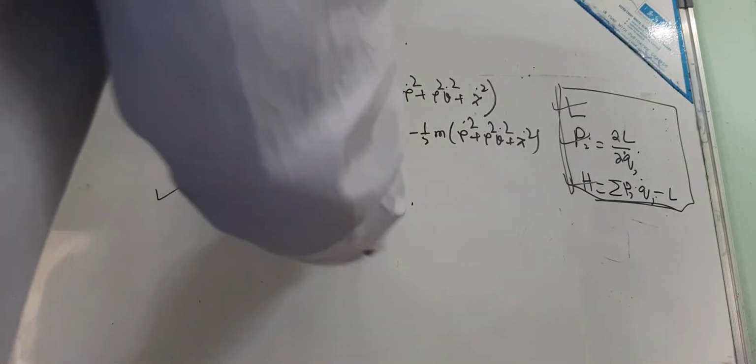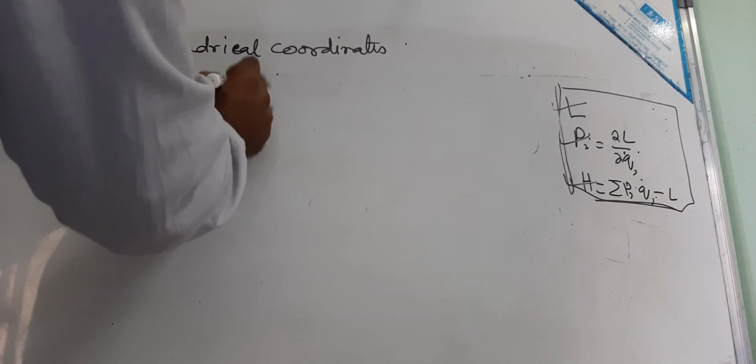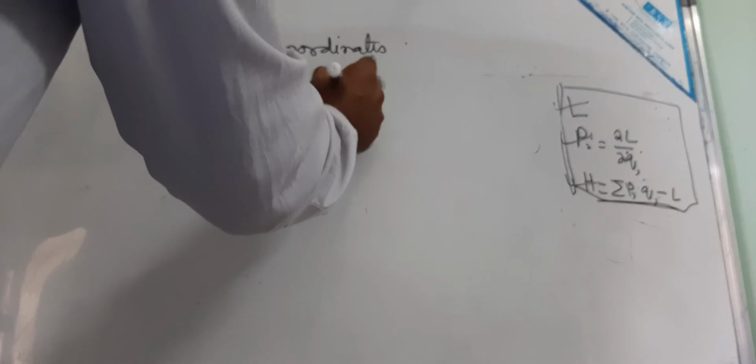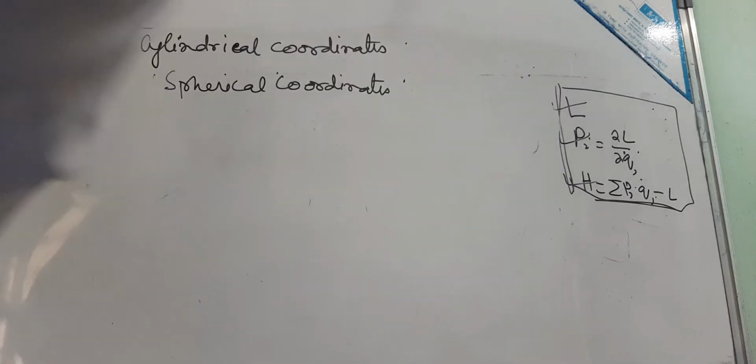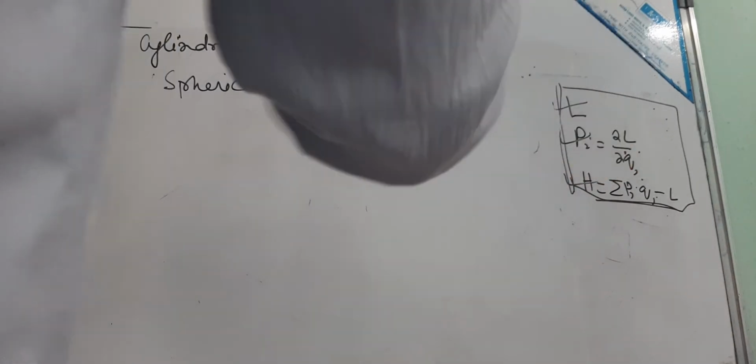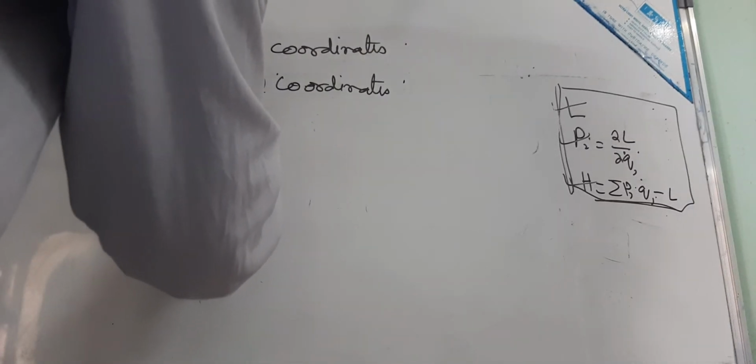cylindrical coordinates. Now we will do the Hamiltonian in the spherical coordinates. So in spherical coordinates, we know the Lagrangian. We find out the corresponding momentum from the Lagrangian. Then we will find out the Hamiltonian. So Hamiltonian will be how much? It will be r, theta, phi: P r r dot plus P theta theta dot plus P phi phi dot minus L.